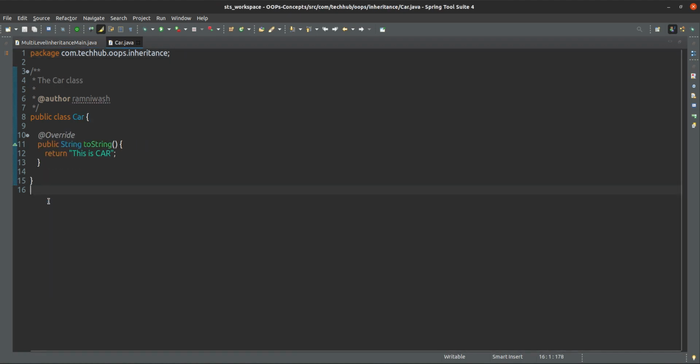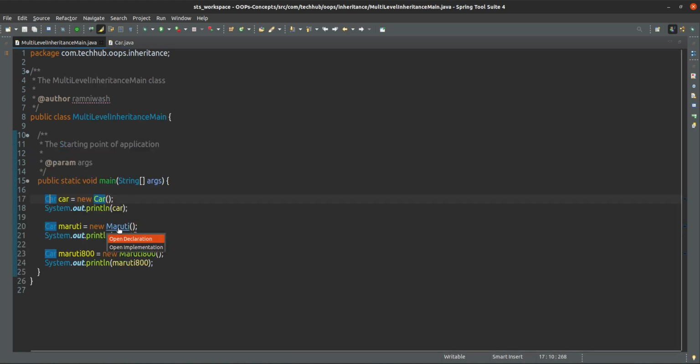I will show you the .java file also. In car, we are not doing anything here, just overriding the toString method and returning a string, a message saying this is a car, to know what type of object it is. In the car object we are giving toString as this is car.